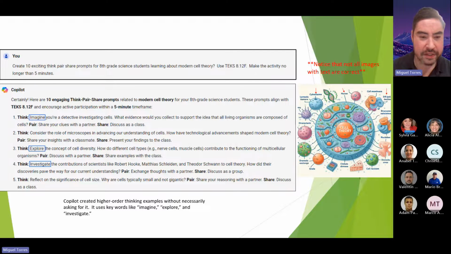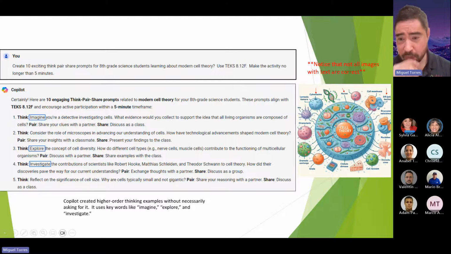And the last thing is it gives you all these activities and tells you to discuss with the class, and so forth. The only thing I'm going to tell you, when using any kind of AI in general, is that when you upload photos, sometimes things are misspelled.